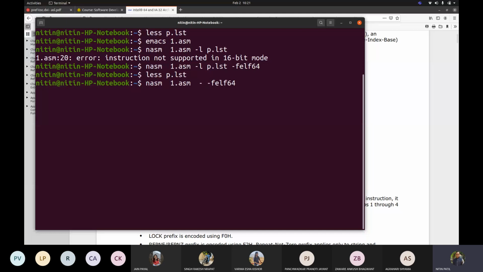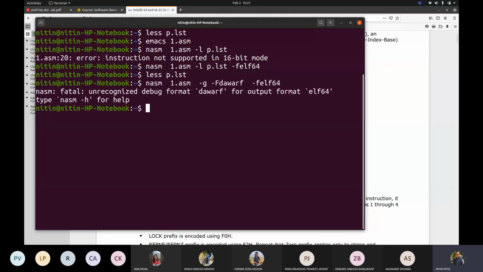Now when I try to debug this code, let us generate -g -f dwarf. Okay, not available. -g, then let us write this.